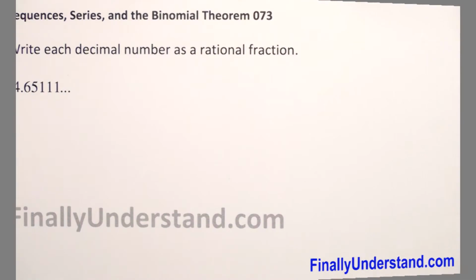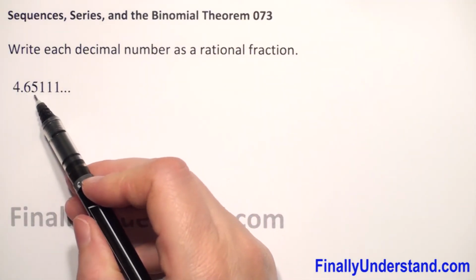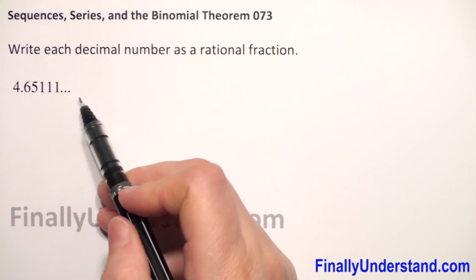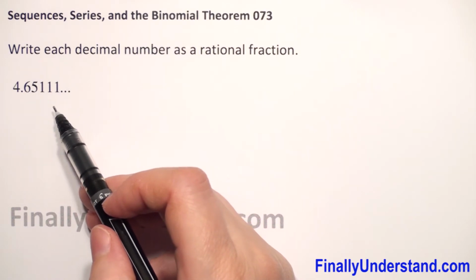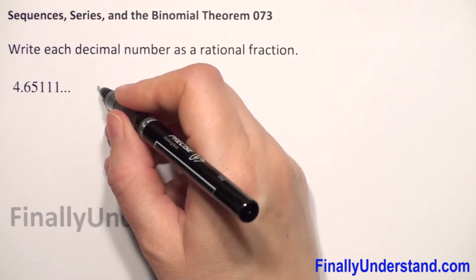Write each decimal number as a rational fraction. What we see here is the number 4, decimal point 6, 5, 1, 1, 1, and the 1 repeats to infinity. So what we can do first, we can rewrite the given number as